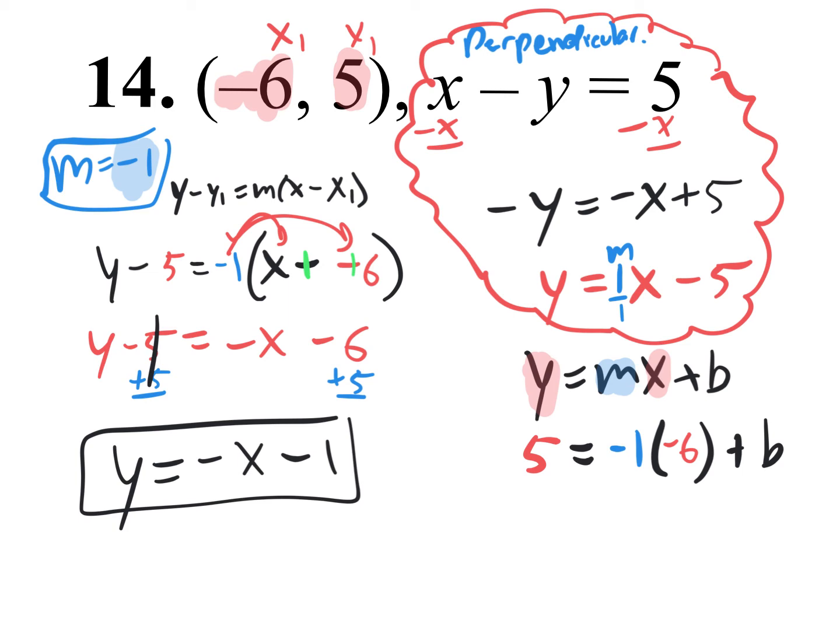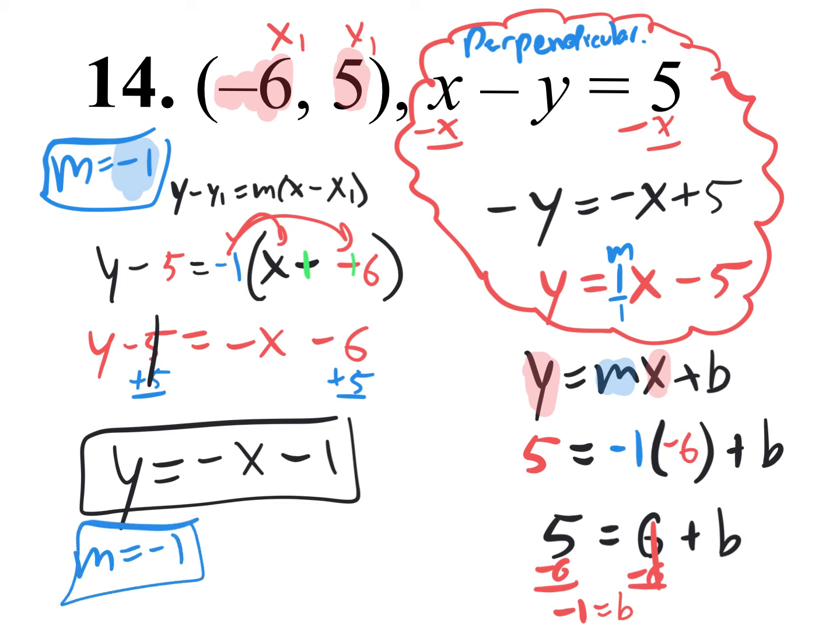So I really have a -1 times a -6, which is a +6. So +6 plus b equals 5. Solve for b, subtract 6, and you'll get -1 equals b, which means that your b value is -1. So once you know that your m value is -1, which we got from the beginning, knowing that it's perpendicular to this guy, we know that our m is -1, and we just found that b is -1,